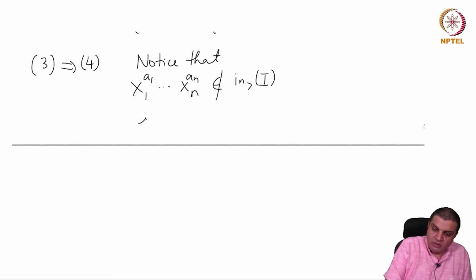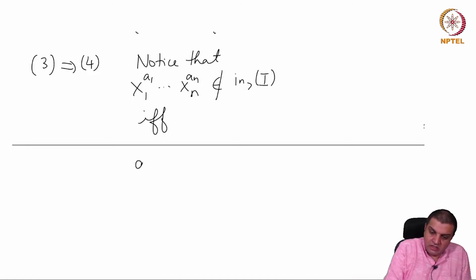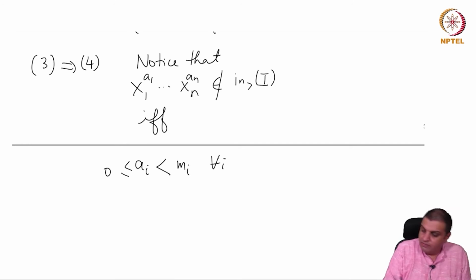if and only if the ith exponent is not divisible by mi. If it is divisible by mi, then it is in the initial ideal, because xi to the mi is in the initial ideal. So this is true if and only if ai, of course, is greater than or equal to 0 and strictly less than mi for all i,